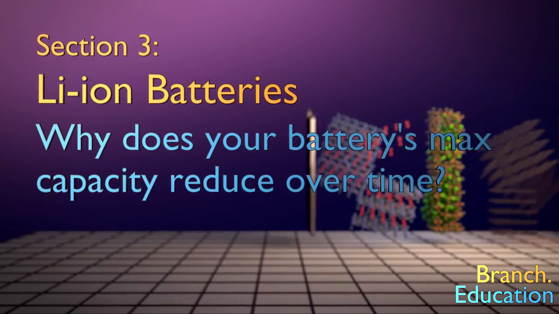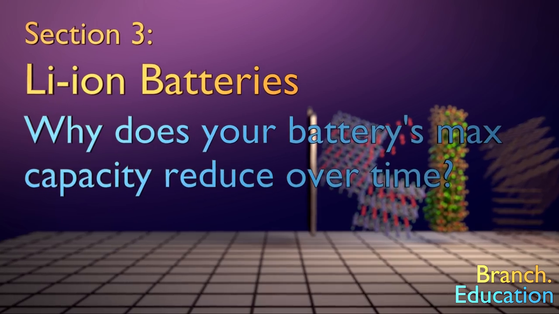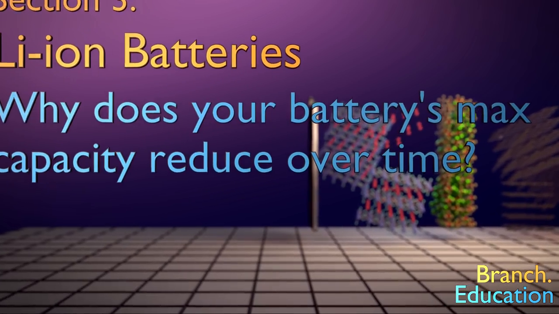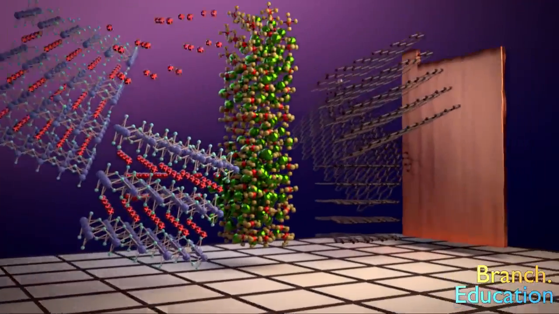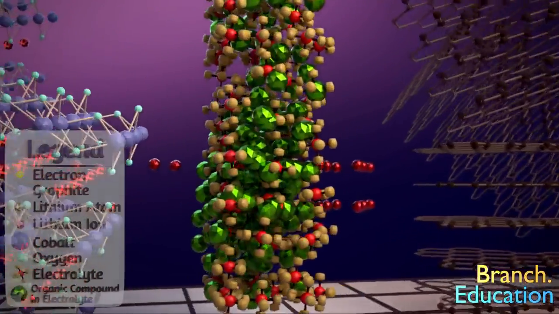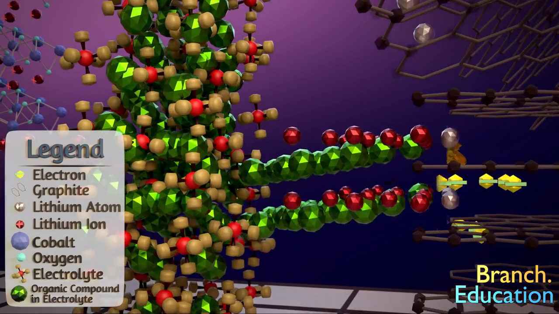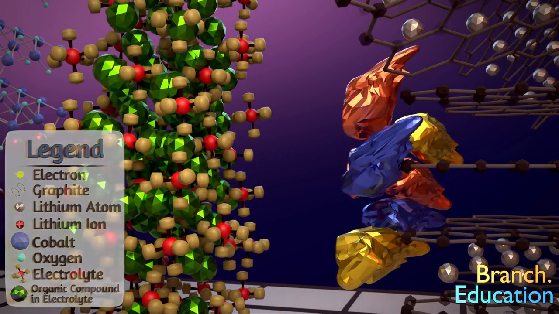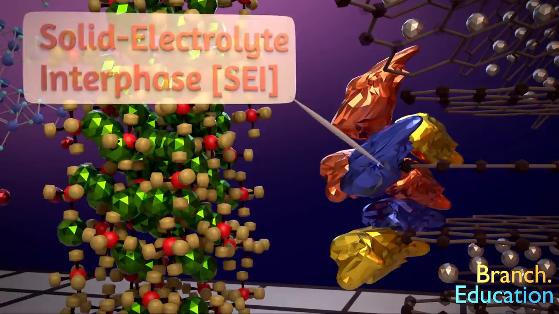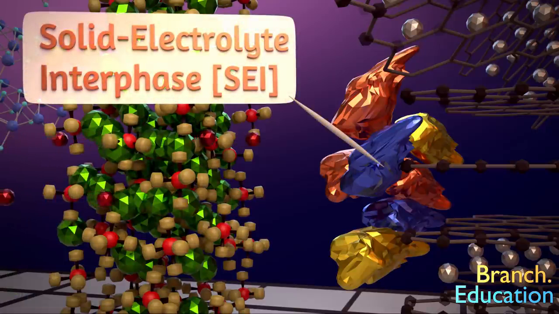So then the final topic. Why does your battery's max capacity reduce over time? There are several reasons, one of which is that sometimes lithium and the incoming electron react with the electrolyte and organic solvent to form compounds that are called solid electrolyte interphase, or SEI. SEIs irreversibly consume lithium and the electrolyte, thus reducing the overall quantity of lithium and thereby reducing the max capacity